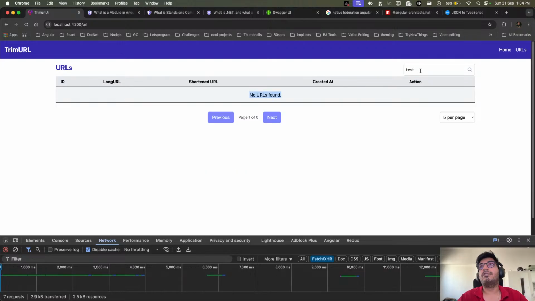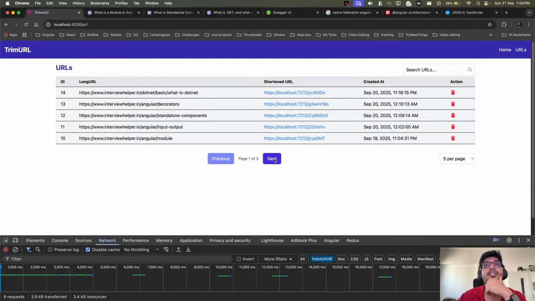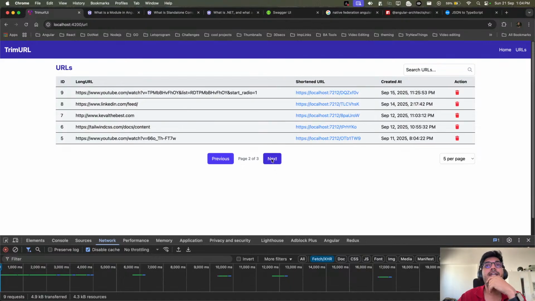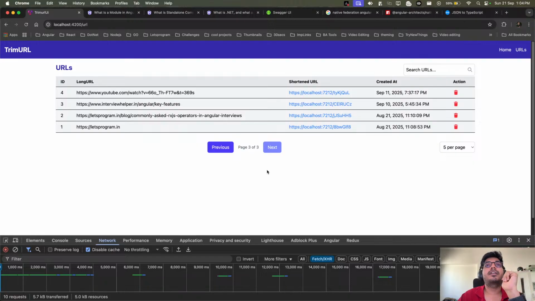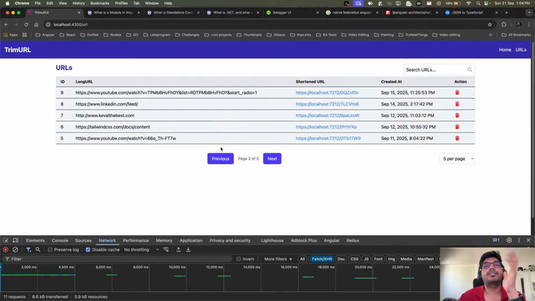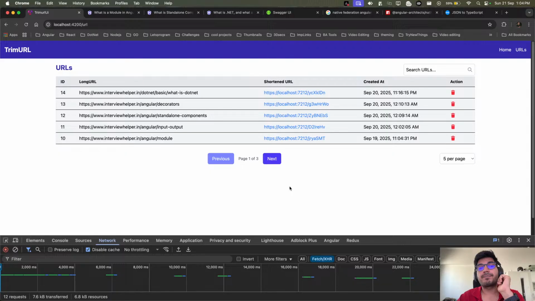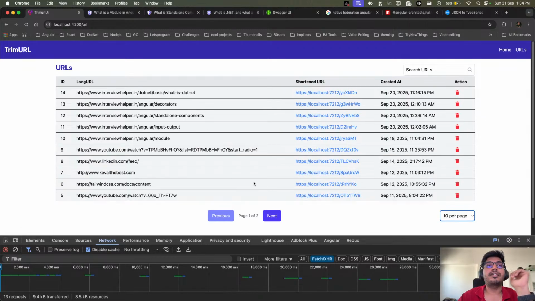We also integrated this pagination response, so whenever you click on next, you can see that we are able to get through all these records page by page. One last thing is that if you want to change the records per page, that is also possible now. With this drop down, if you say 10, now you can see 10 records, and all the respective states are getting updated.